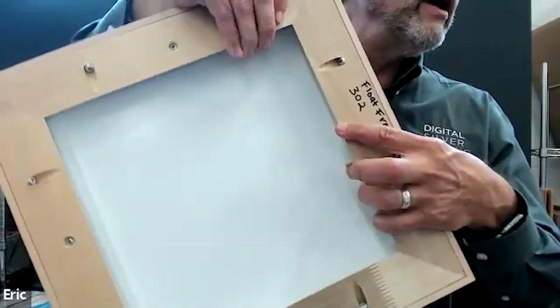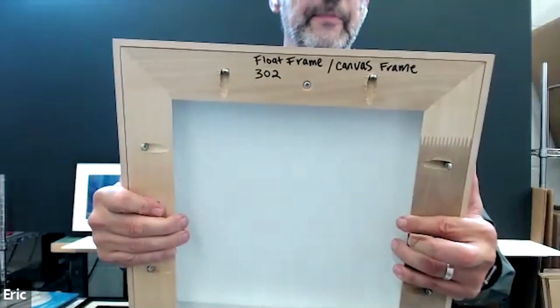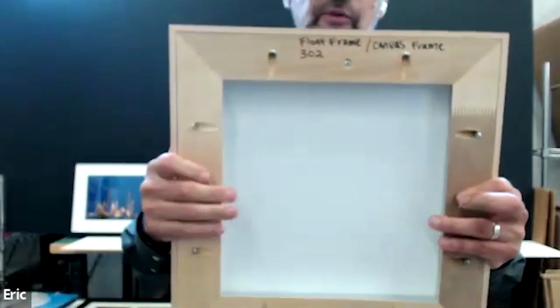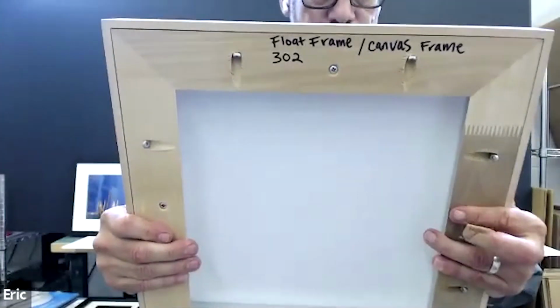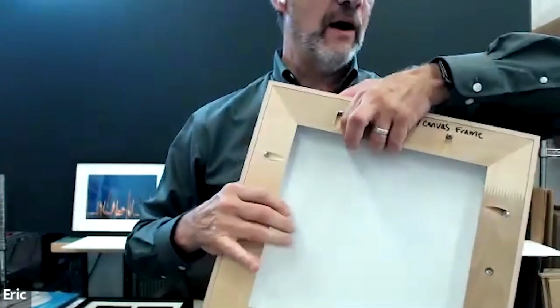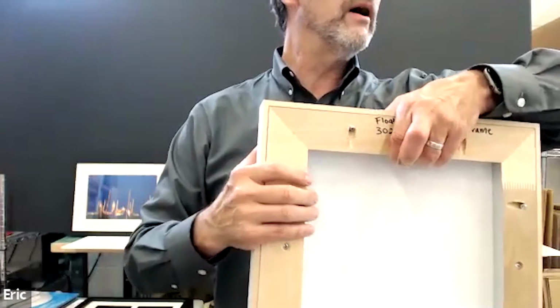And again, the strainer bar, you have to keep in mind, does two things: it adds structural integrity, especially to larger frames. Like if this were a 40 by 60 frame, that strainer bar is helping secure everything so there's no bowing or other issues. And it also serves as a way to hang. Now you can hang with the French cleat, or some museums want us to use,